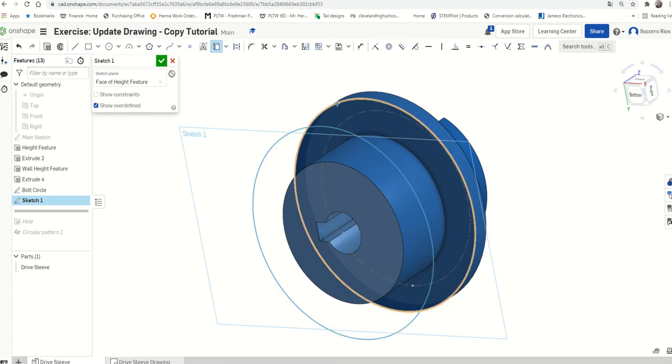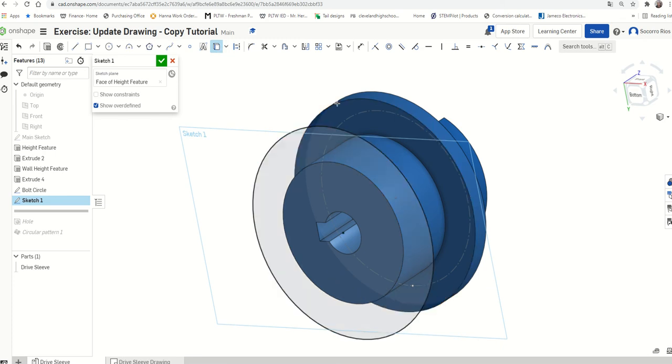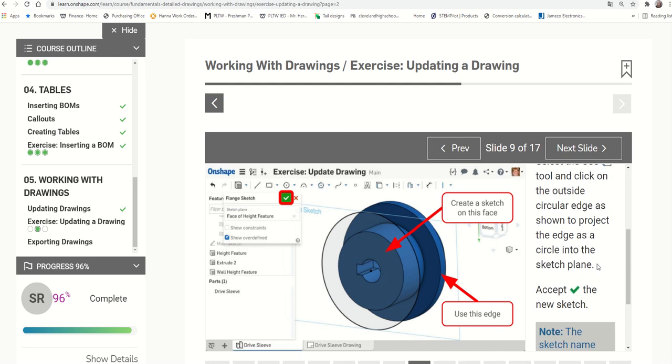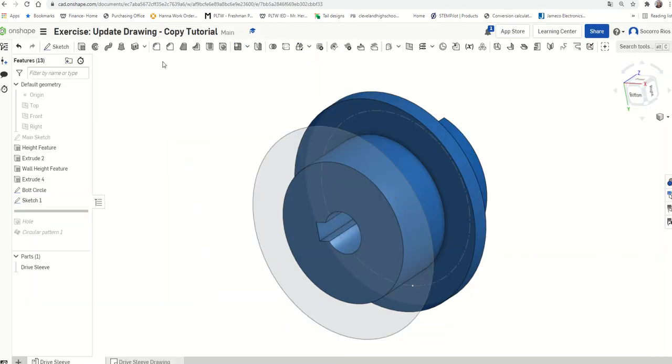By doing that, I'm telling Onshape that it has to copy that feature into the new sketch that I just created. And I'm gonna accept the new sketch. That's it. This is like a new sketch. It's not invisible, but it's kind of imaginary.